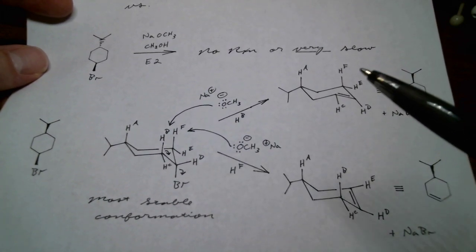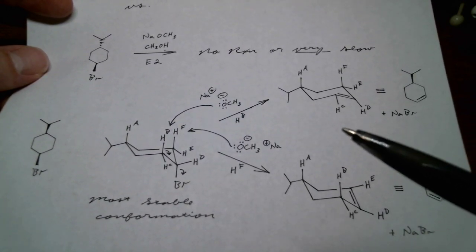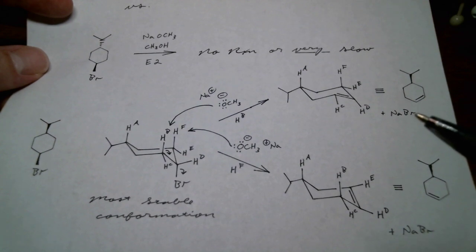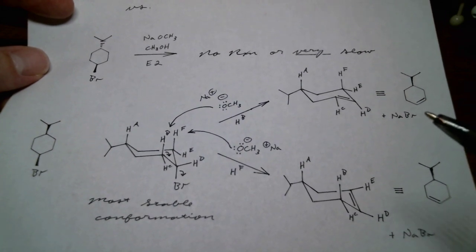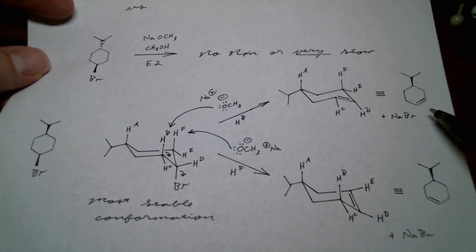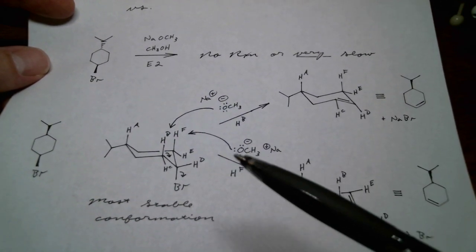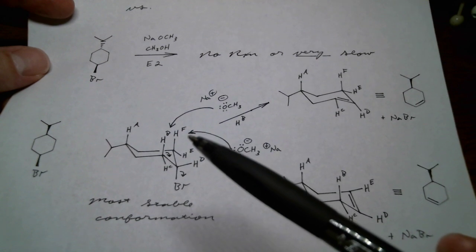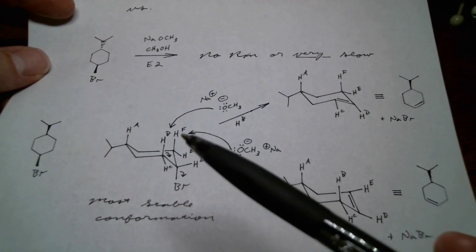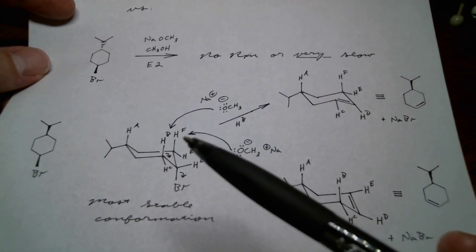Then we end up with this particular alkene, which, if we flipped it over on its back, would give us the S stereocenter. And I did not draw the complete arrow pushing mechanism for the alternative proton that's anti-periplanar